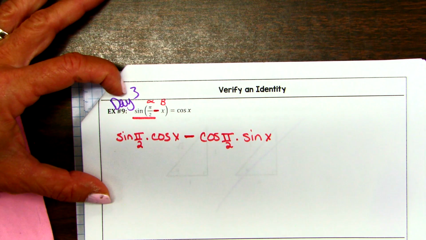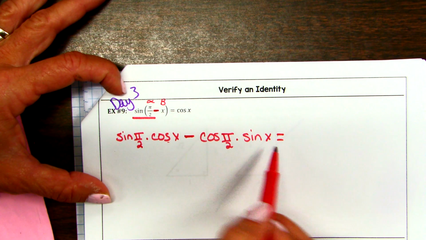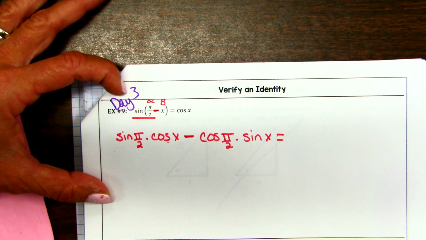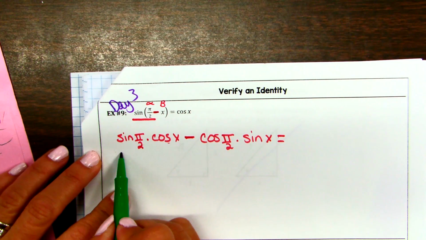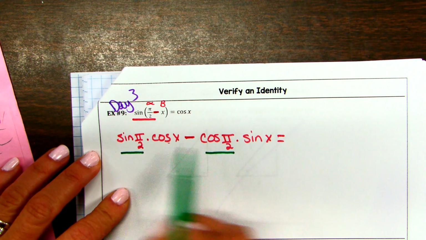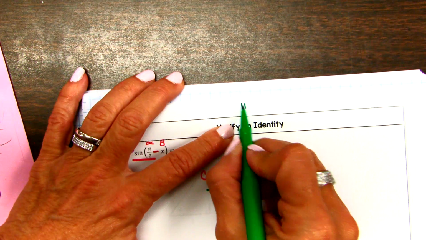You should have no duplicates, right? There shouldn't be 2 cosine of x's or 2 cosines of pi over 2. Every single one of these should be different. Okay, somehow we're going to prove that this equals cosine x. So let's just, remember, you do one thing. I knew how to expand that. Now, looking at this, oh, I can simplify this and this. I know that pi over 2,